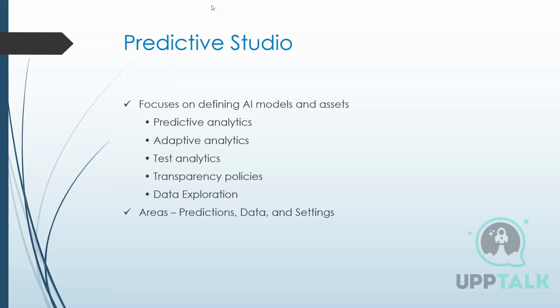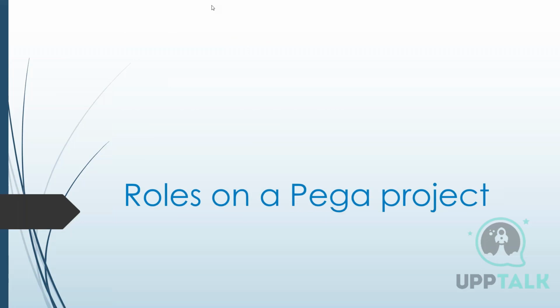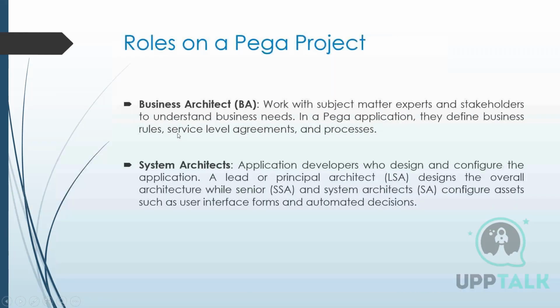And you look at the different roles on a Pega project. Just like any other project, here also we need a mix of people, right? People with different expertises. So I have business architect, the first role, because they are the ones who get to understand the business needs, talk to the product owners, get the requirements. And we are the ones who develop the skeleton of the application. Then come system architects, CSAs, CSSAs, LSAs, to look after all the complex requirements, and they work on the